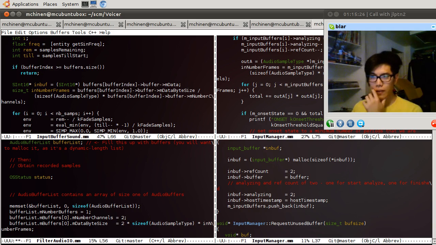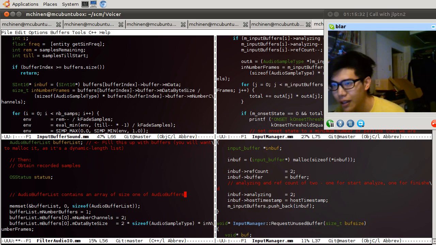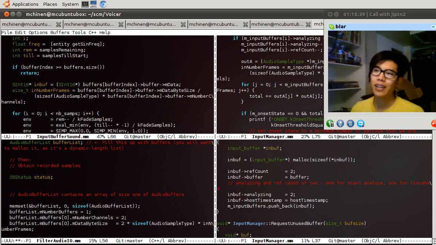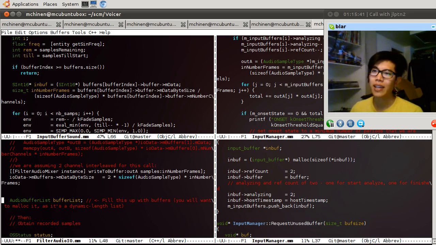Okay. This is not a pointer, so I can't just allocate a pointer. This is kind of crappy. I could just allocate. Yeah, I have to do this then. I really don't like doing this, but